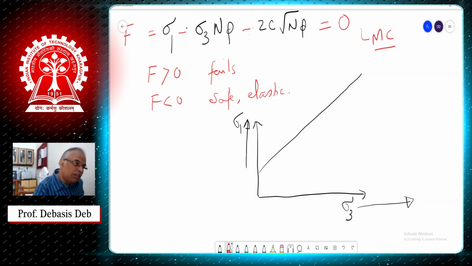But actually, when in the laboratory for different rocks in triaxial, we find that this side is all right, but after some sigma 3, it tends to bend like that. Means we find some points which go something like this, not along this. So for higher values of sigma 3,